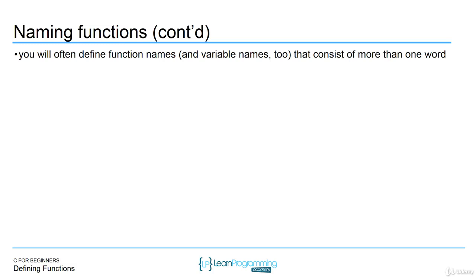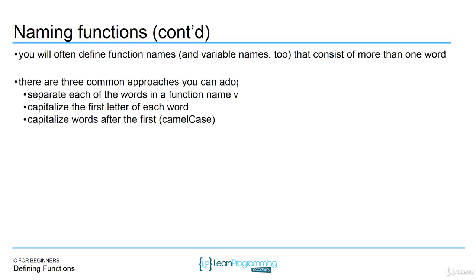You will often define function names and variable names too that consist of more than one word. So now I want to talk a little bit about just coding style. You've probably noticed when I've written my code that I use camel case. There are 3 different ways you can write the names of your variables and functions. You can separate each of the words in a function name with an underline character. It's one approach. You can capitalize the first letter of each word, or you can capitalize words after the first